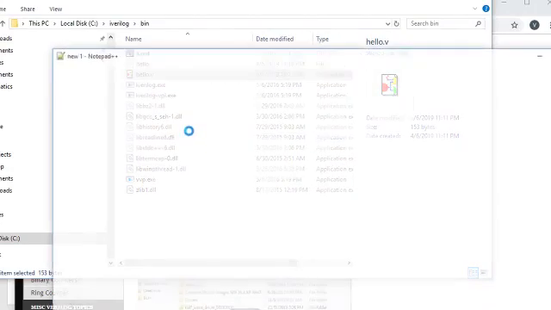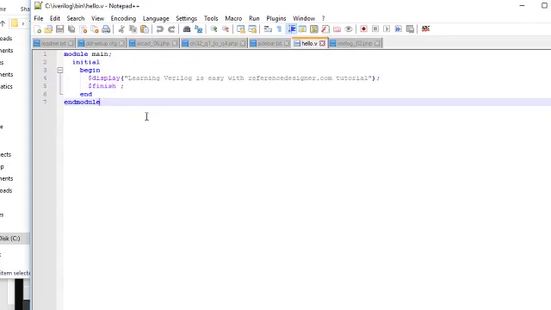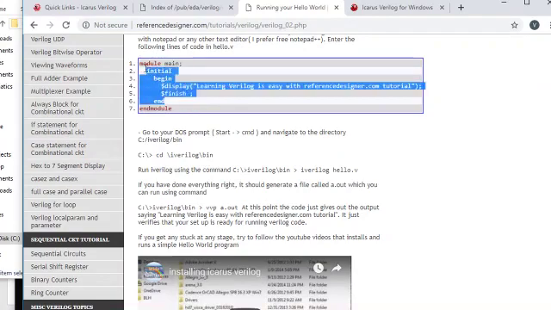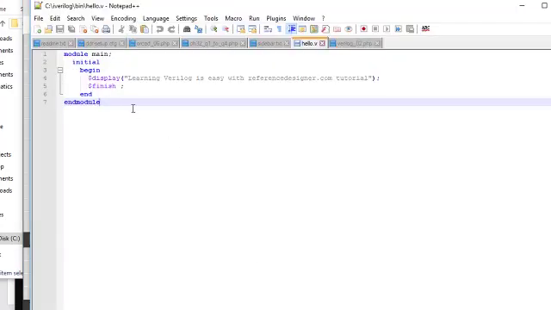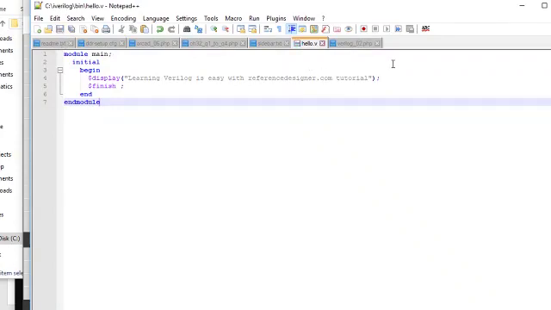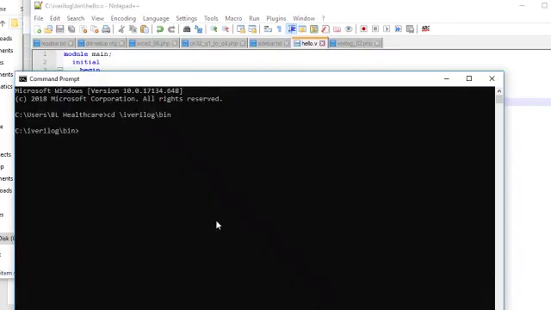I edit with Notepad++. You already know it, but this is the same program. I have it on this website, referencedesigner.com. You can just copy it and paste it in this file. I use a Notepad which is very nice. And once you have saved it, you can come out, go to this directory iverilog/bin and give the command